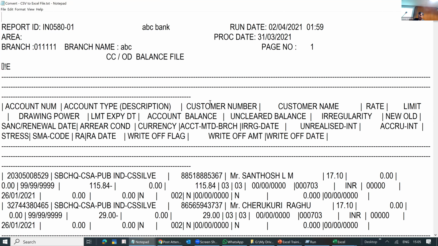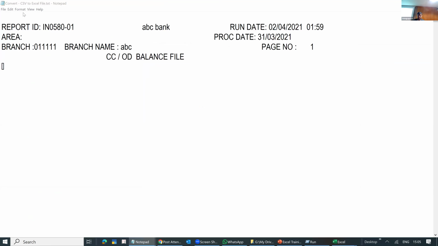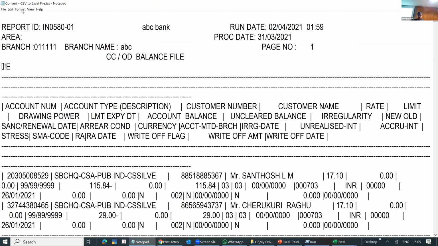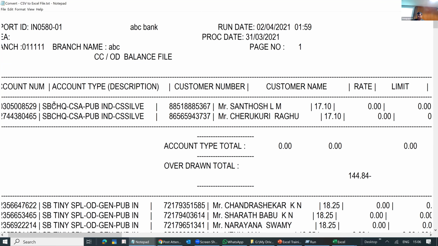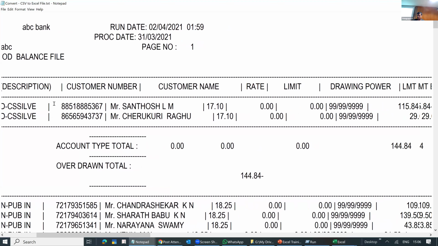Yeah, actually someone was asking about the CCOD balance file. This is how the CCOD balance file would look like. Let me wrap it. Now can you see the account number, account type, all the information? It is running so long.